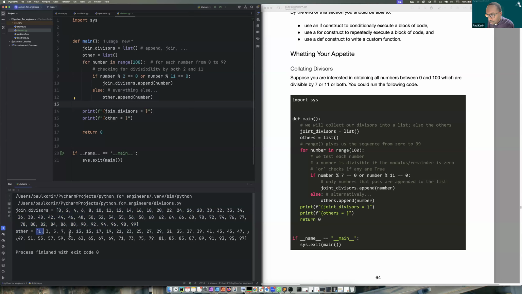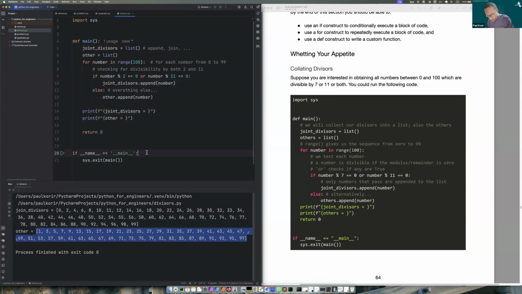For the others, it looks like these are all the odd numbers because they are not divisible by 2. But my joint divisors, that doesn't sound right. Joint divisors should be a much smaller list. So anyone have any idea? Any ideas why our joint divisors